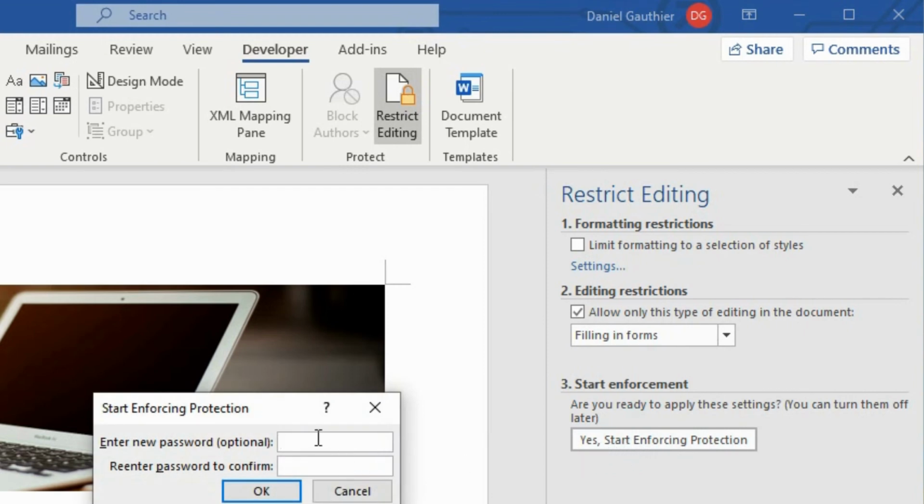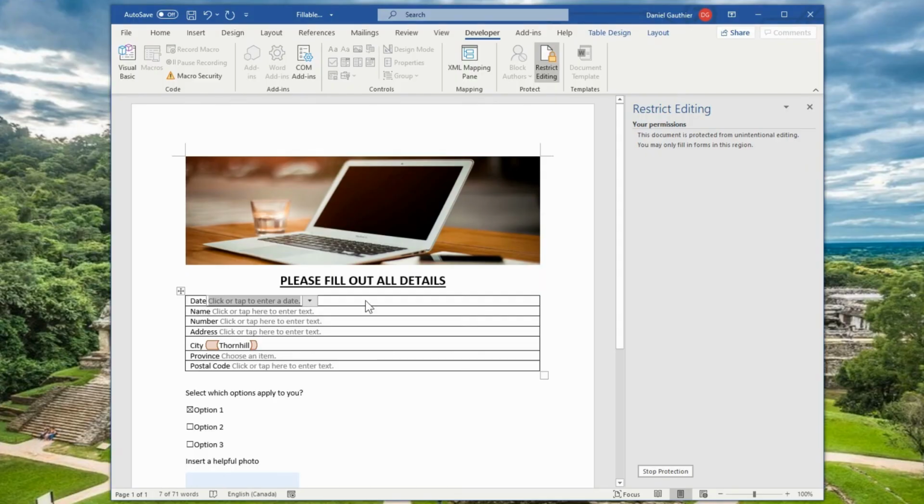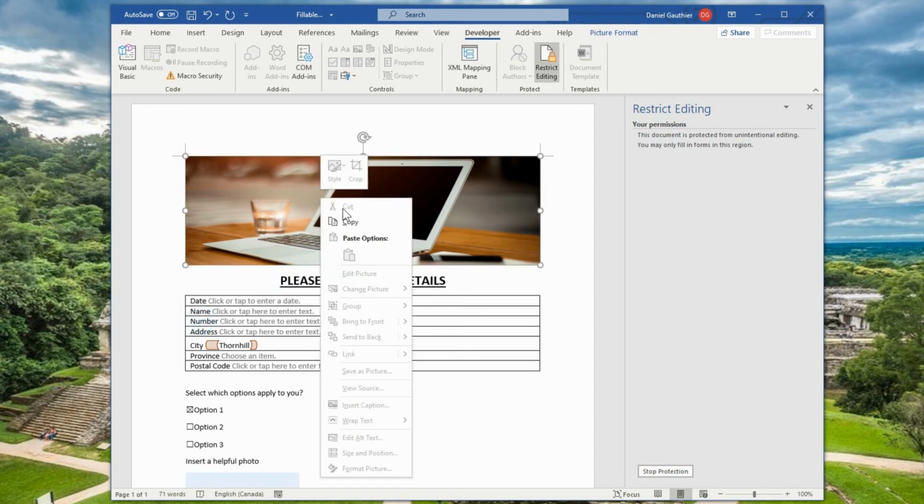You can put in an optional password as well, which is a good idea. Otherwise they can unlock it themselves. So I'll just put in a password. And now it is locked in place. So if we look at this to select the date, I can't even select it to do anything to it. And including the picture, right click, you can see everything is grayed out.